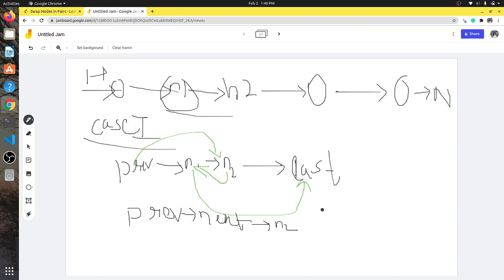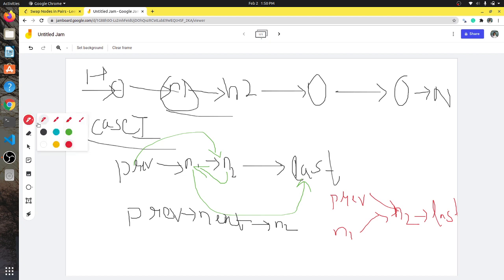After doing this, our linked list will be like this: prev, n1, n2 and last, and our linked list will look like this after this operation.